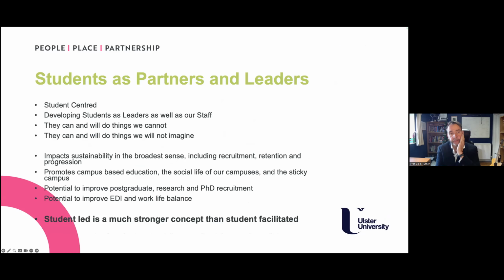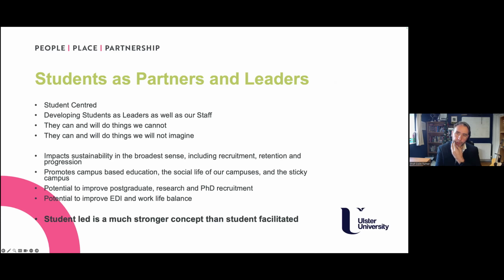Other things that you might want to consider, and I'm not going to talk about all of this slide because this is very much something I wrote for my own faculty. But there's a really important thing to understand about this. These students in these initiatives will do things you will not imagine, and they will do things we cannot easily do. The other thing I really want to draw your attention to is a number of bullet points at the bottom, which are really about the benefits to the culture of your school or your university in doing this.